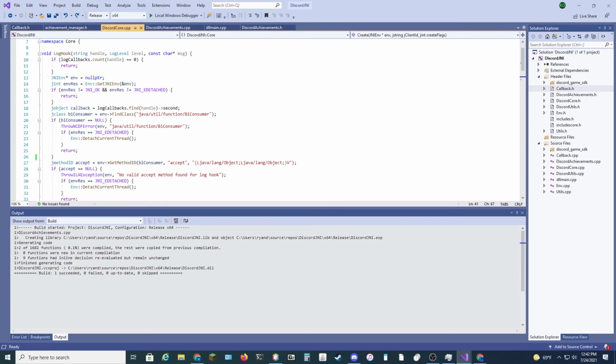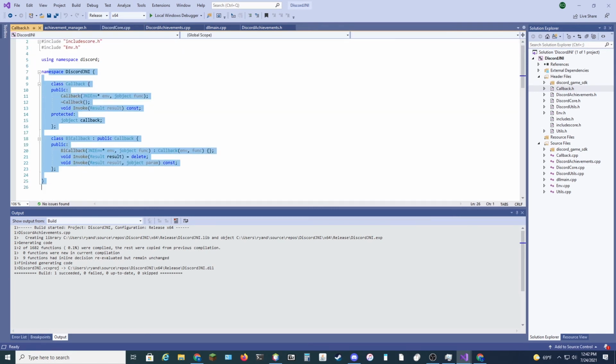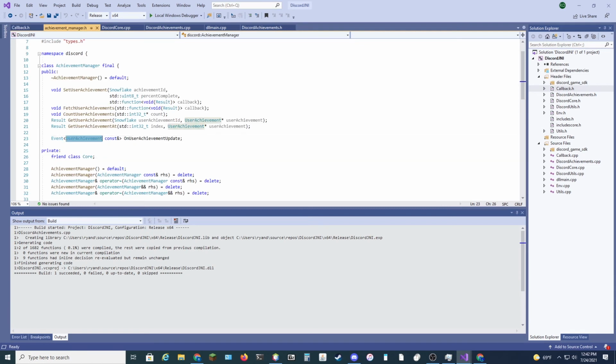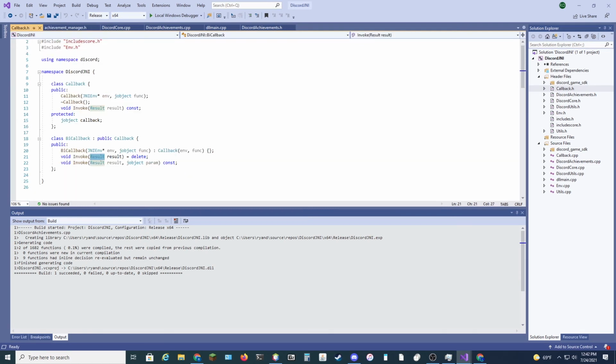So, first things first, I've decided that we should probably make a new callback type for this, because so far everything we have returns some type of result value, and we don't need that in the case where we aren't passed a result value. Because here you can see we're only passed a user achievement. So in any case,